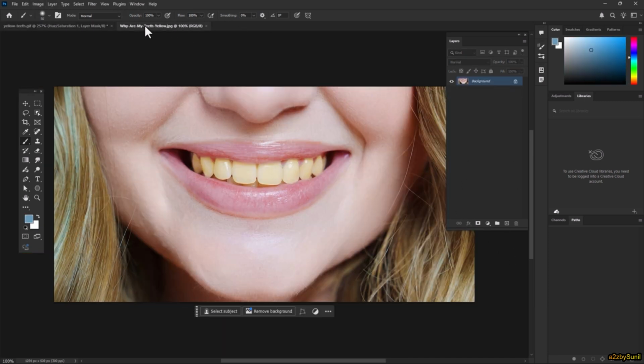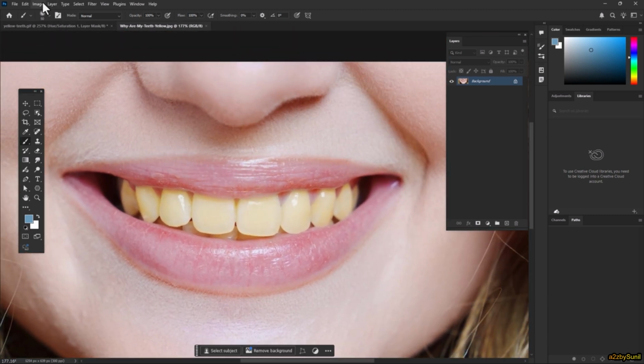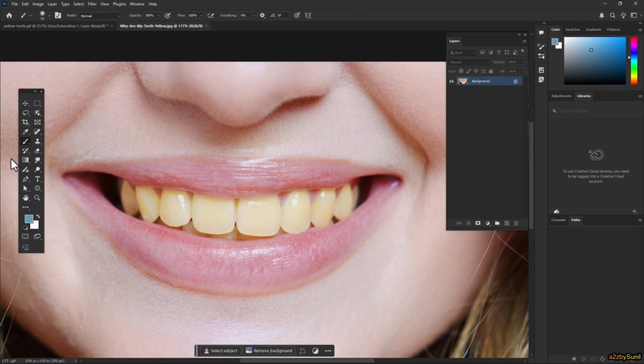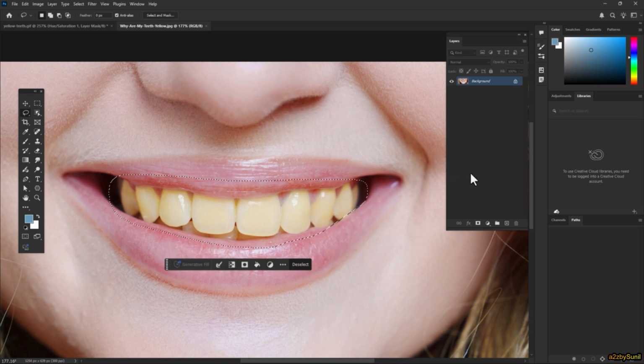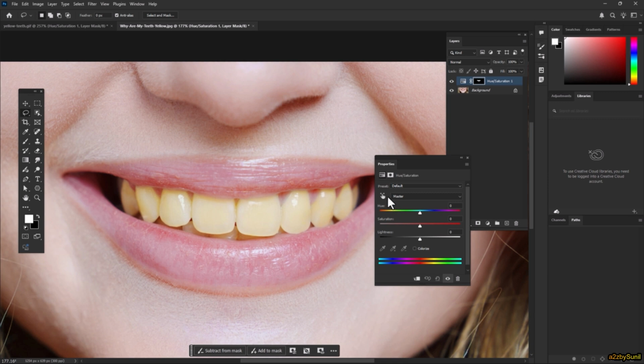Let's apply on this one. Hold Alt key, zooming, and take a look. Your image color mode must be RGB, and select the lasso, select this part of the image and right click, make Feather 5 pixels, and select here, select the Hue/Saturation, eyedropper, here,